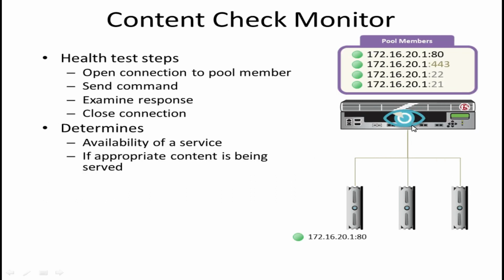In the advancement of this health monitor, we have one more health monitor. We can see in our primary classes that there is one health monitor named content check monitor. A content check monitor determines whether a service is available and whether the server is serving the appropriate content or not. This type of monitor opens a connection to an IP address or port, and then issues some kind of command to the server, and the response is compared to the monitor's receive rule. When a portion of the server response matches the receive rule, the test is considered successful, otherwise it will be considered false.